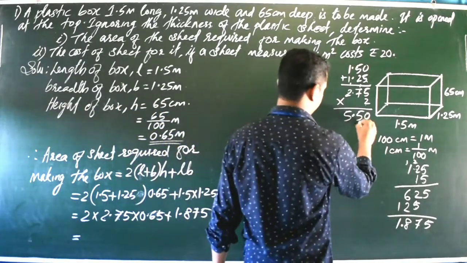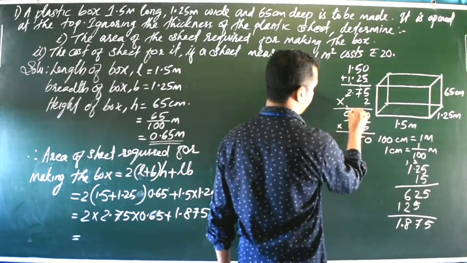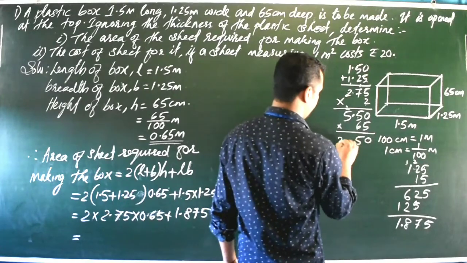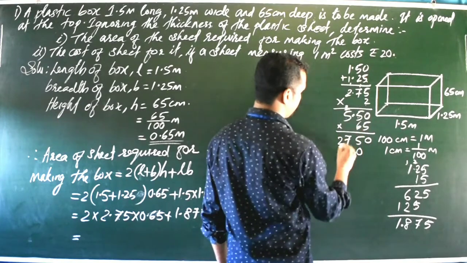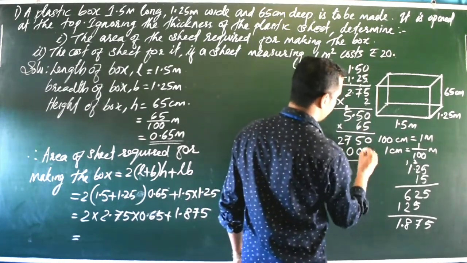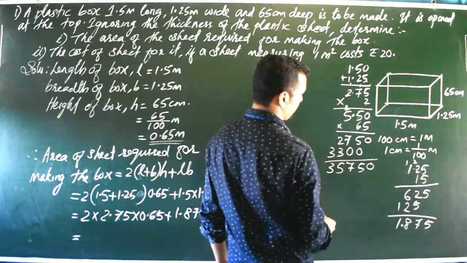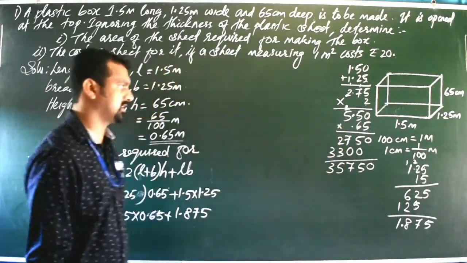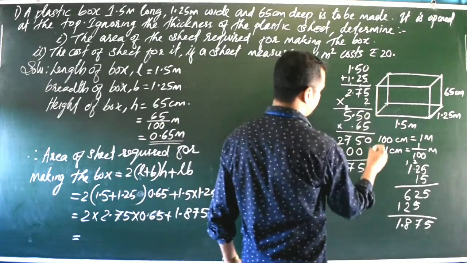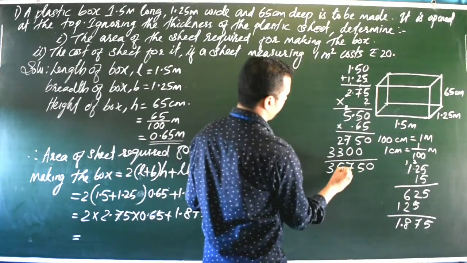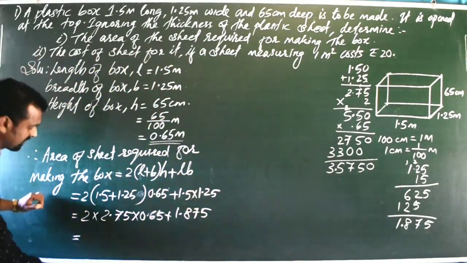Multiply 65. Then 5 0 0, 5 5s are 25, 5, remainder 2, 5 5s are 25 plus 2, 27. 6 0 0, 6 5s are 30, 0, remainder 3, 6 5s are 30 plus 3, 33, 0, 5, 7, 3 plus 2, 5, 3. How many decimal points are there? Actually it is 0.65, 5.50 into 0.65. Then total 1, 2, 3, 4 decimal points we have to put here. Then it will come 3.575. 3.5750, that we can write as